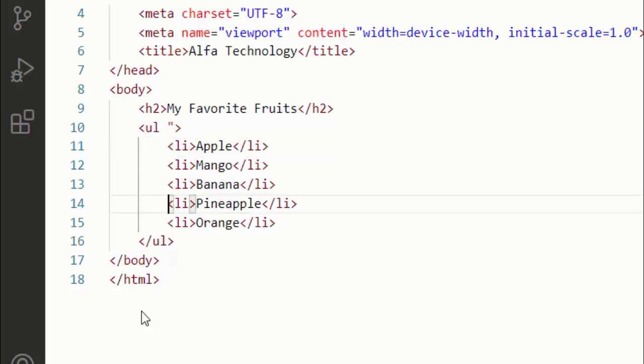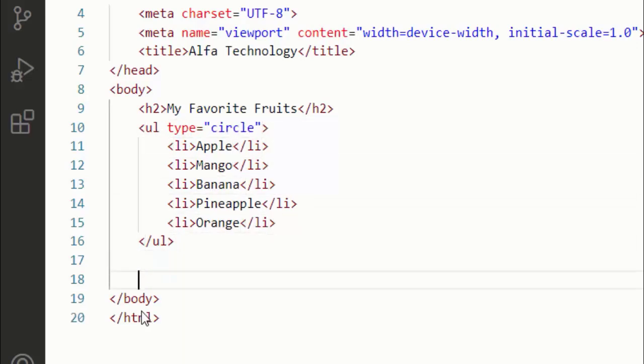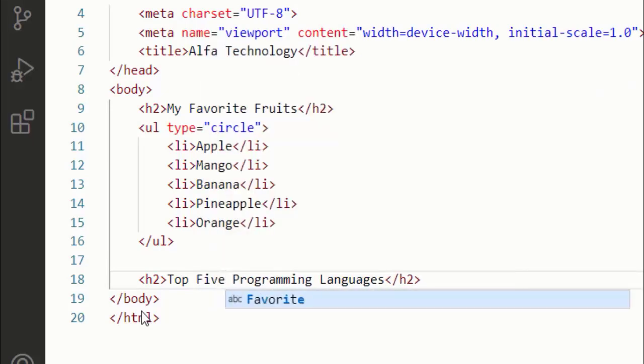Now let's talk about the other list, where and why we use the other list. Sometimes we need a ranking system. Let's say we have an h2 heading, top 3 programming languages, or let's say top 5 programming languages.